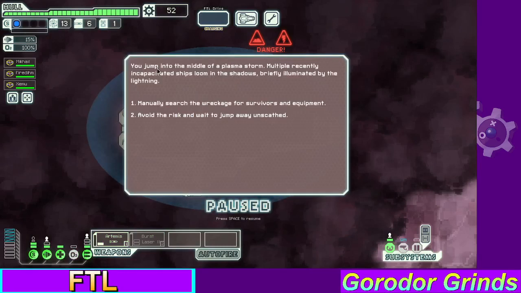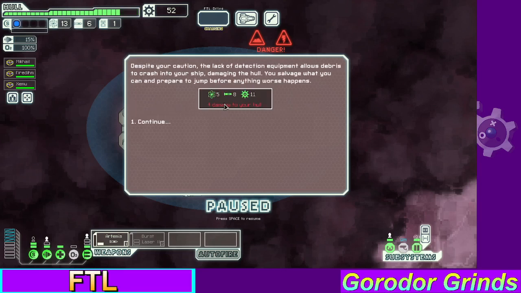Oh, it's fine. You jump into the middle of a plasma storm. I hate plasma storms because it cuts your reactor in half. Multiple recently incapacitated ships loom in the shadows, briefly illuminated by the lightning. I can manually search the wreckage for survivors and equipment, or avoid the risk and wait to jump away unscathed. I like to search for that. I like to search, and then I